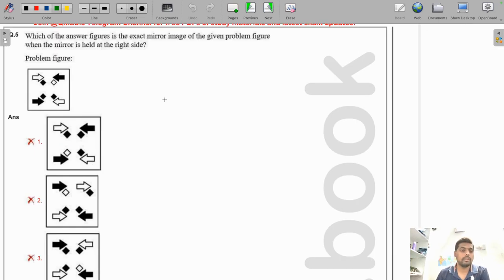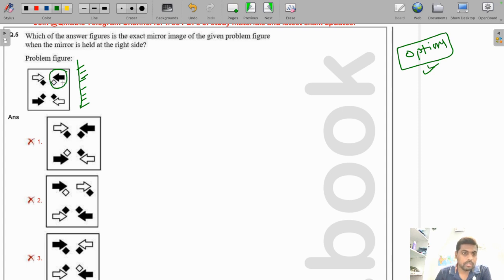So they have given a problem figure. They are asking us to find the exact mirror image. So the mirror is placed here, on the right side. Just always try to solve this question through the options only, because you can somehow eliminate and arrive at the right answer quickly. So if you closely observe here,